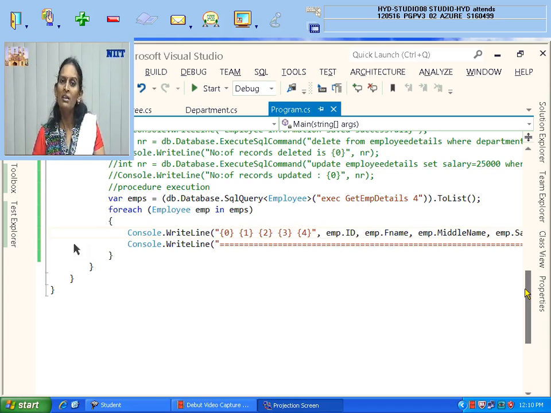So I must use a table attribute in front of the class name in the model. Say my column name is FName, but in my database it should be first name. So I use a column attribute. If I want to put a foreign key relationship, I can use the foreign key attribute. These are not all in one model class; every model class has these types of requirements. My model class name is STD, but my table name should be student details. My model class name is EMP, but my table name should be employee details. My model class name might be CRS, but my table name should be courses. Like that, model class names are different, so in every model class I need to go and write the table attribute